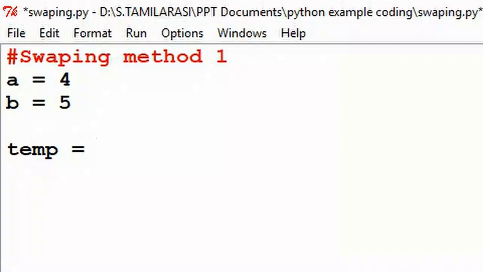So first I store temp equal to a. Next I swap this value, a equal to b. Finally, b equal to temp.